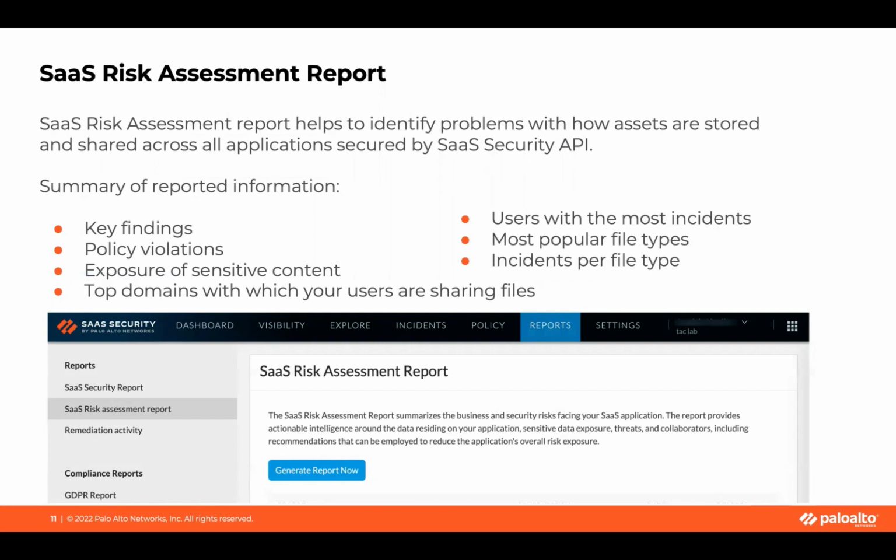This report is also on demand and can be downloaded in PDF format and sent to different teams for review. It also is emailed to the admin who generated it. The report is a snapshot of the data and findings available up to the time we send the request to generate the report. The content includes information such as a summary of key findings,